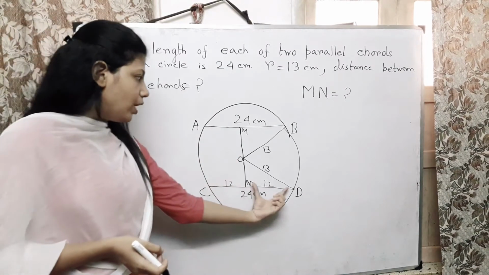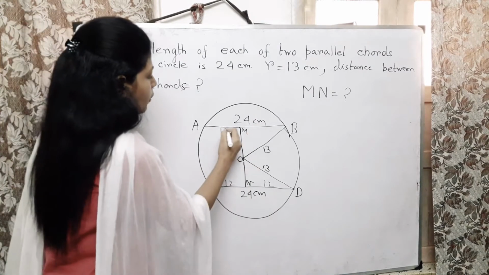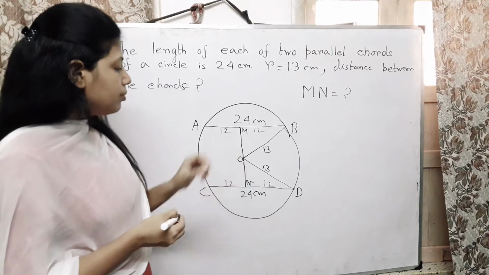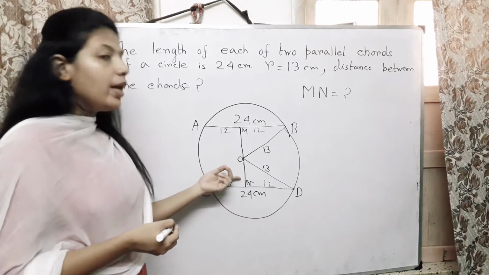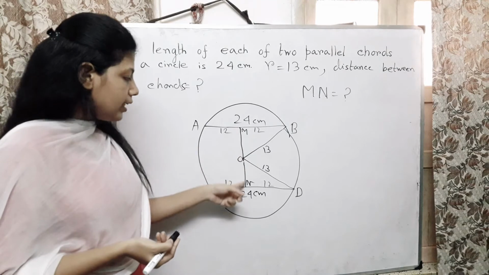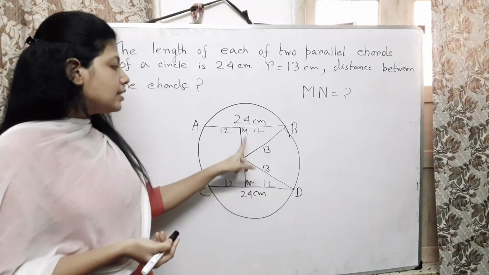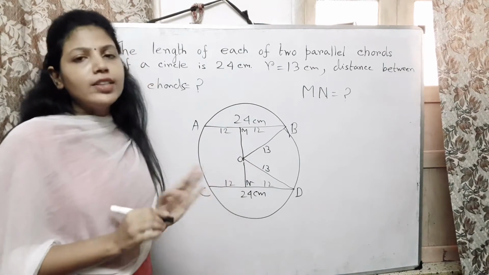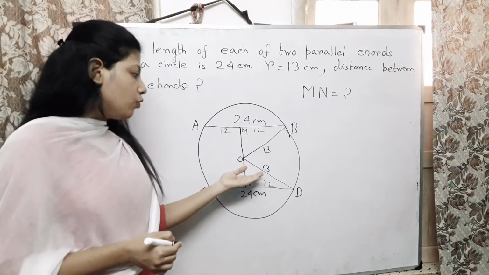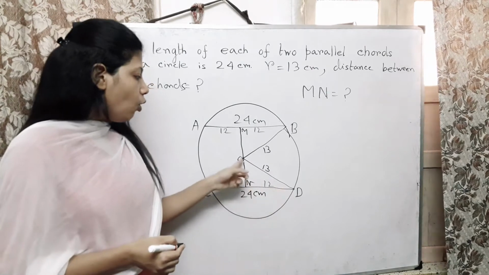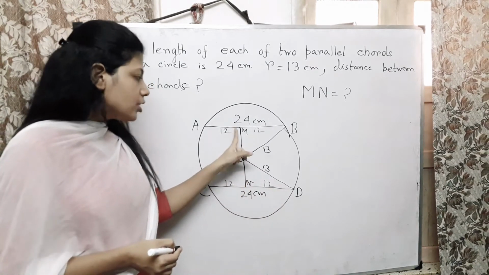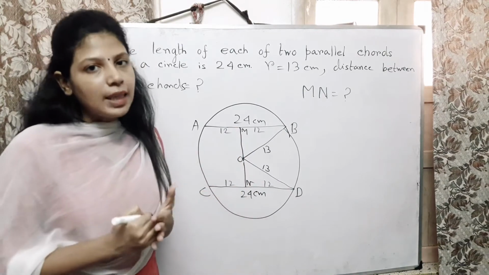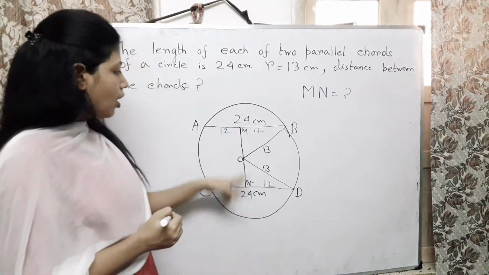That's why 12 and 12. Similarly, this one will also be 12. So I will just find ON from there and then multiply ON by 2, and I will get the whole distance. Because both the triangles are congruent, and that congruency we don't have to prove because it is quite obvious that the sides are equal. So ON equals OM. That's why first I will find ON from here, then multiply ON by 2 to get the whole one.